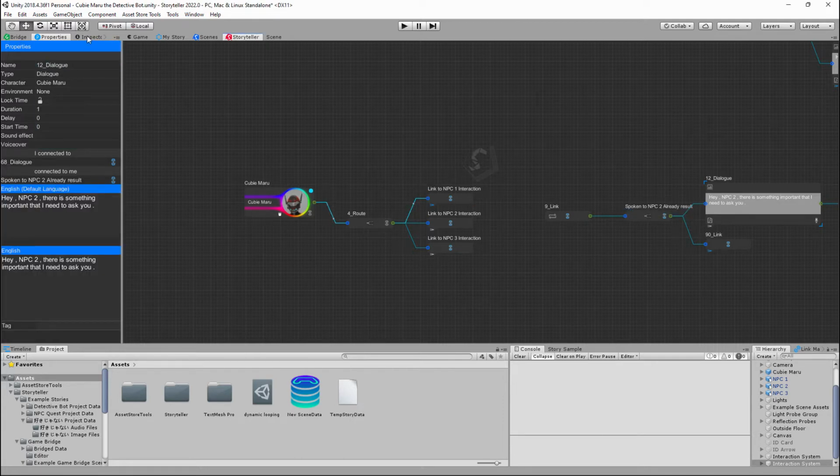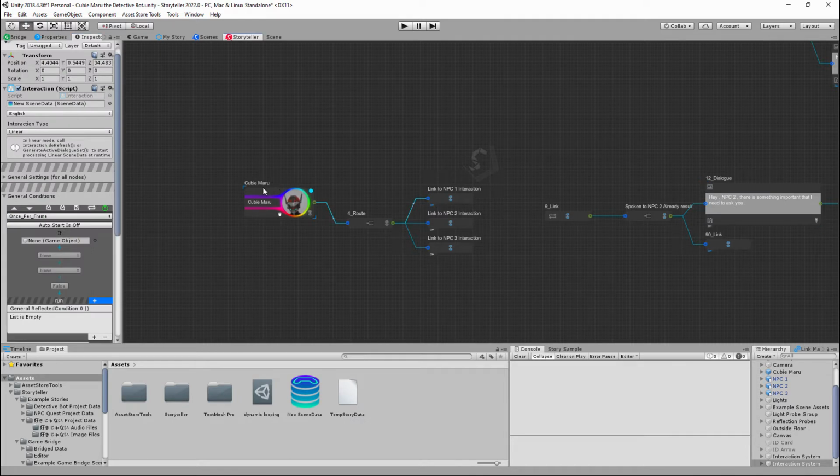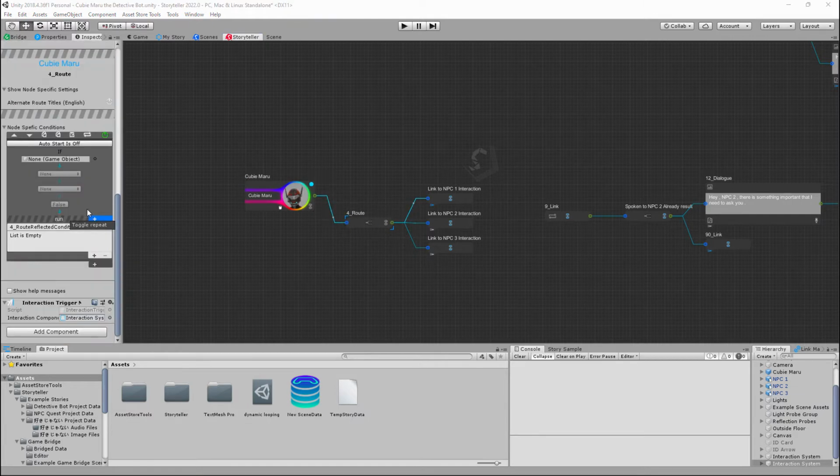And what that allows us to do is execute node specific functions. So whenever our characters are running their node processes, we can have a particular node execute a specific function. Now, before we get deeper into this, we're going to be going into the game side of things. We already know how to create our nodes. We push that data into scene data, we add it to an interaction system,